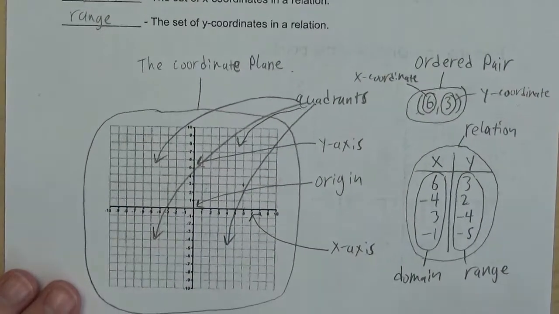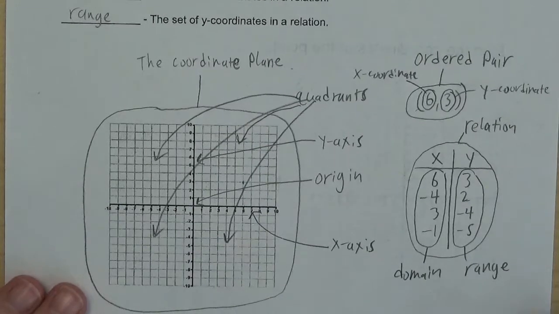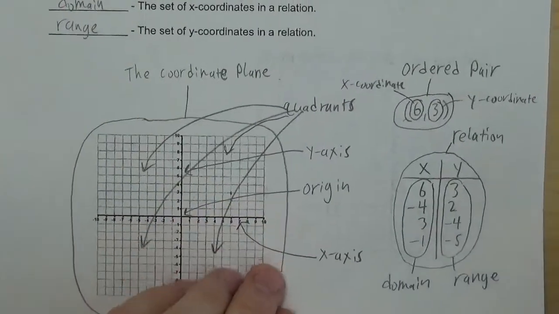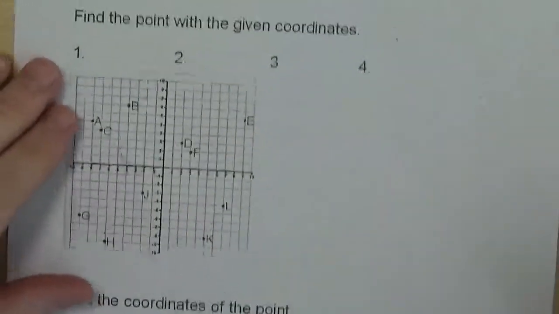You guys can still see that there. Move that up a little bit. All right, so this gives you just an idea of each one of these vocabulary terms. So you need to have created all this with me here. And it's going to give us just an idea of what we're talking about. We're going to use these vocabulary terms throughout the time we're working with ordered pairs, relations, the coordinate plane, all that stuff. Let's flip over to the back and let's start talking a little bit about plotting points on the